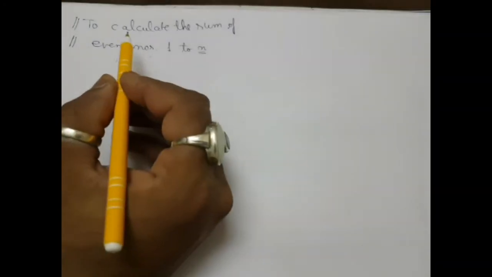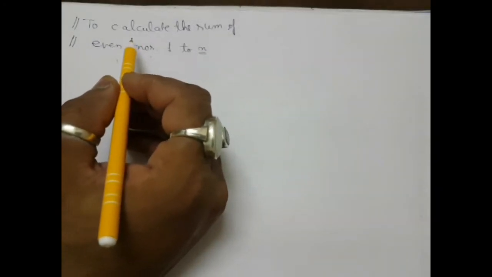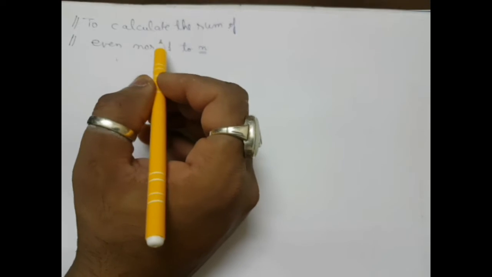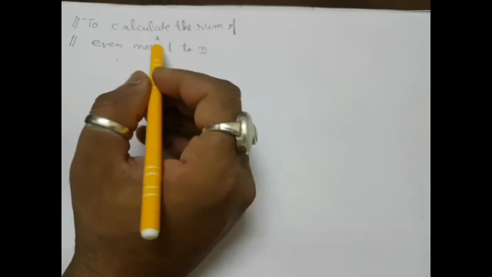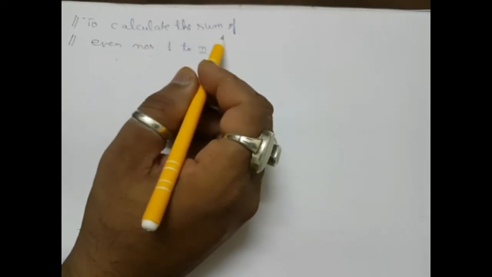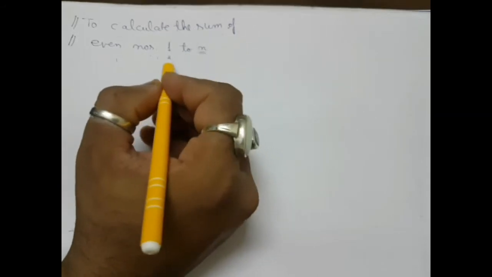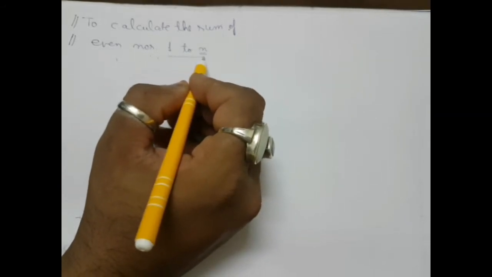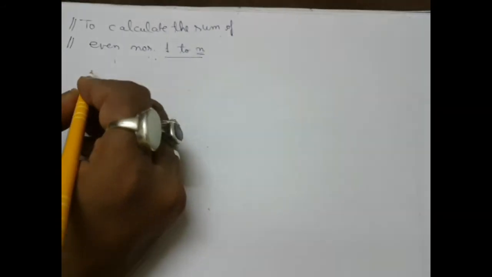Now students, you've already seen in the previous video how to print all the even numbers and the odd numbers. Here I am going to tell you how to calculate the sum of even numbers, and this time the range is 1 to n. Alright, so I will write a full-fledged program over here.